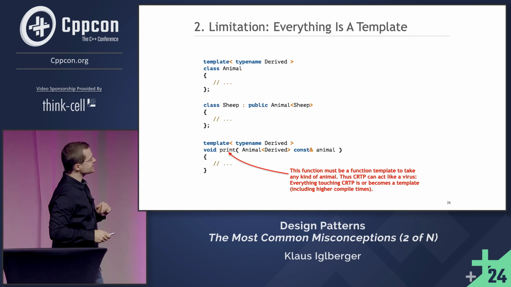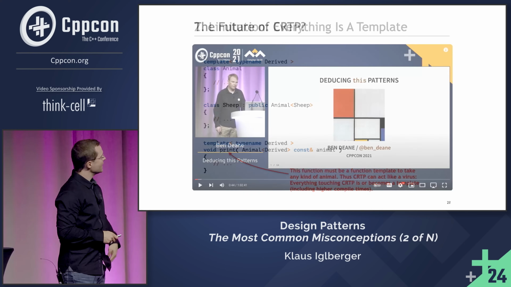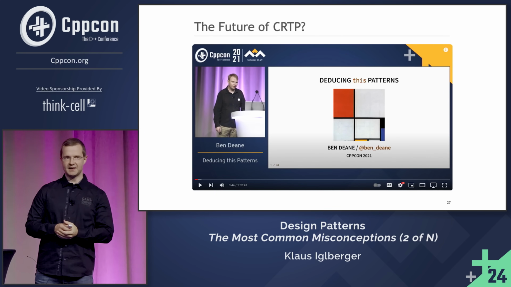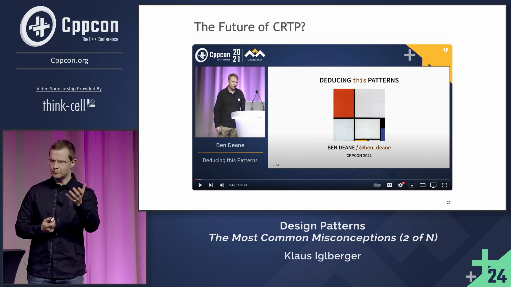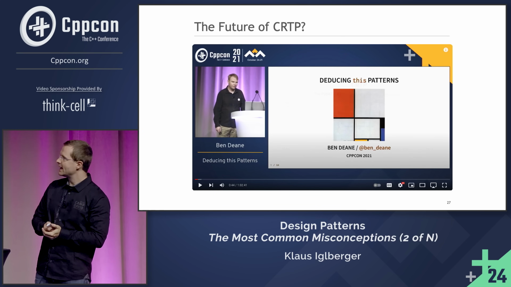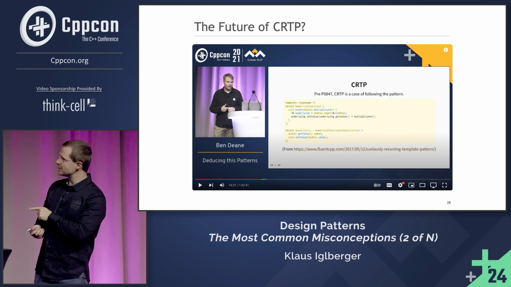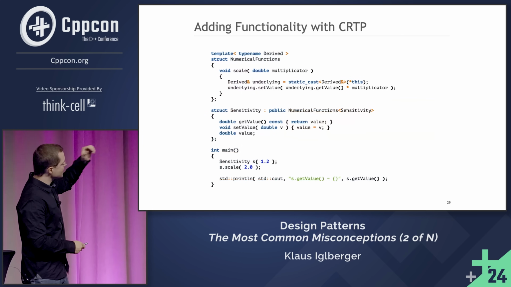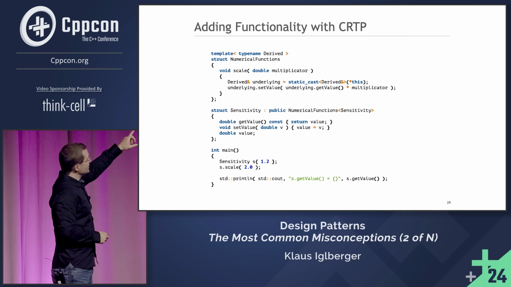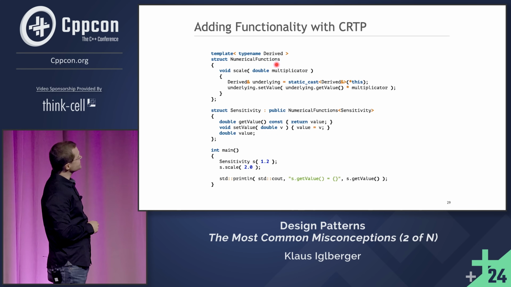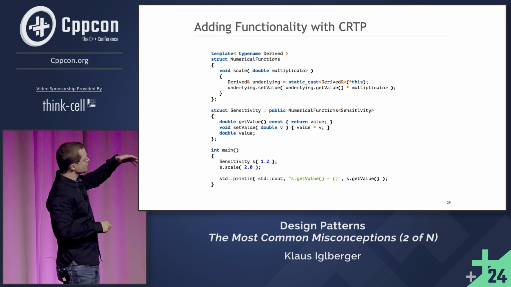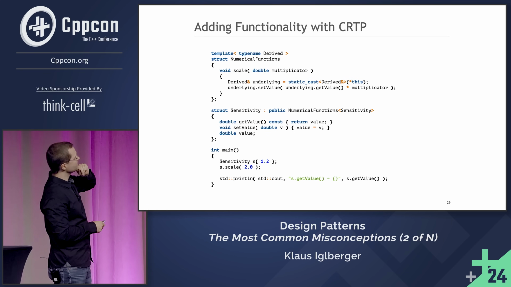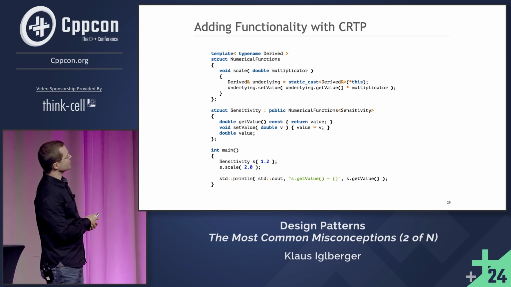However, perhaps there's something else. So at CppCon 2021, Ben Dean talked about the deducing this pattern, aka explicit object parameters, what the feature is truly called. And in his talk, he showed that CRTP can actually be replaced by something far simpler since C++23. So let's take a look at the example from that slide. So say we have some numerical functions base class. Yeah, and you see it's a CRTP base class, immediately visible because of the derived template parameter. And this class comes with a scale function.